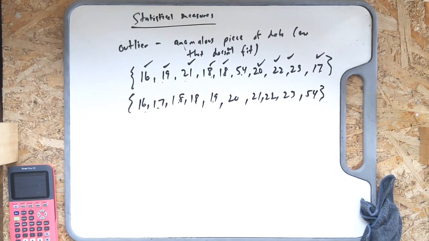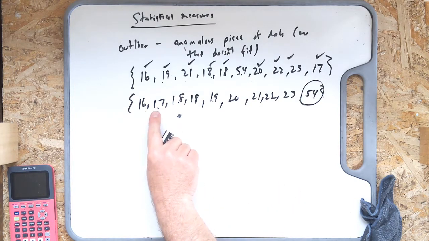one of these data pieces doesn't fit. I think most of us will see it just visually. It's the 54. How do you know that's an outlier? We don't know for certain, by the way. It might be a real piece of data, but most likely it's not, because the difference between these is all